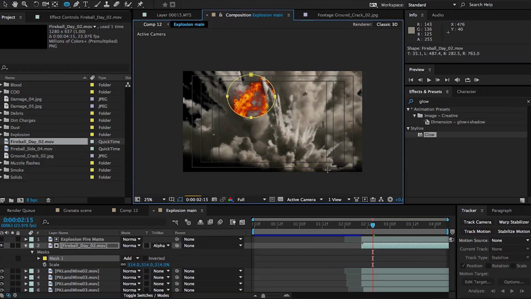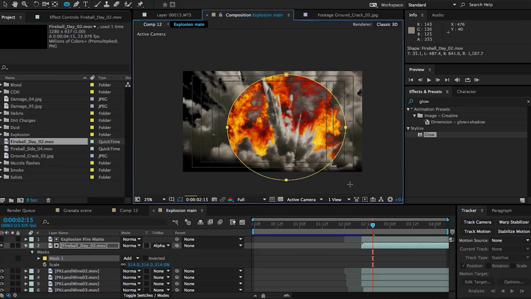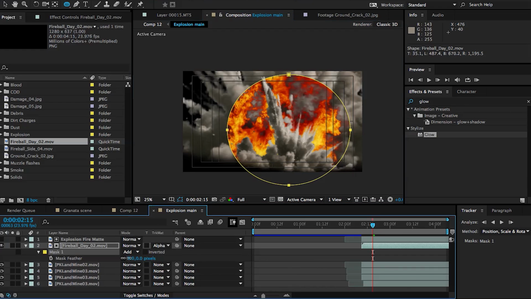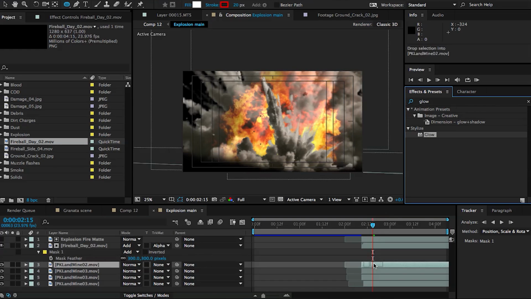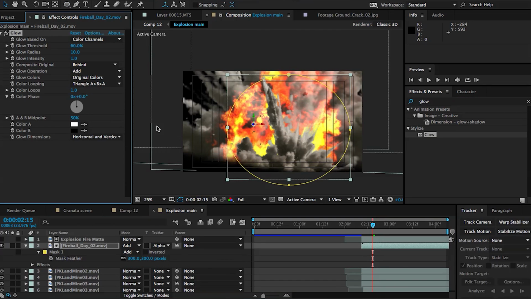So what you want to do is move this around, find a good spot for it, and then of course you can duplicate it, and you can create masks so that we don't see any sharp edges, and feather that out. And then we can set it to add or screen as a transfer mode. This will make it a lot more vibrant, and it will make it blend a little bit better. But if that's too intense, you can always set some of these assets to screen. So just play around between those two transfer modes and see which one suits the